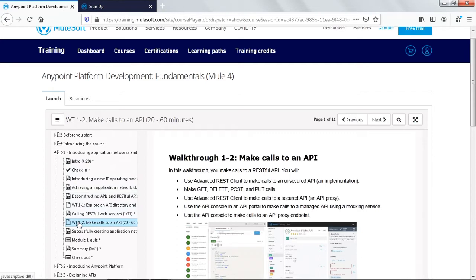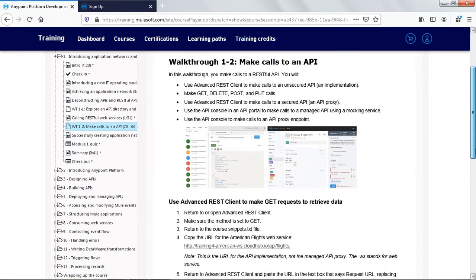Why did I not get a check mark here? Because I did not spend that much time. You have to spend around 60 minutes on this particular walkthrough. So alternatively, you can keep this tab open for around an hour, and later click on previous and next and close it. That will mark this walkthrough as completed. You can use this method if you find that a few of the walkthroughs are not completed.